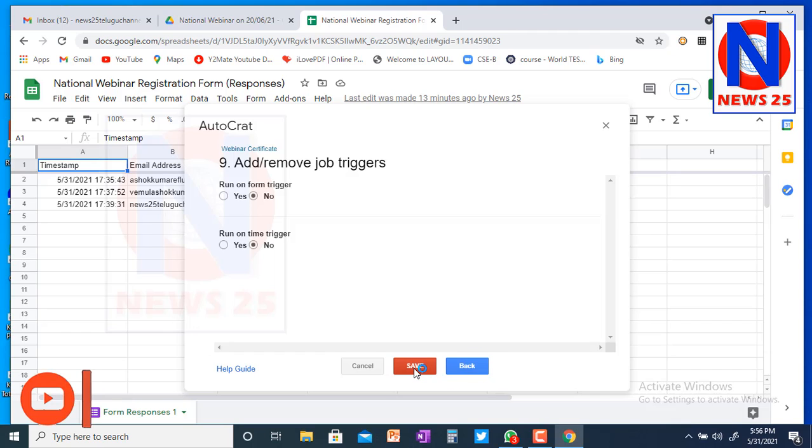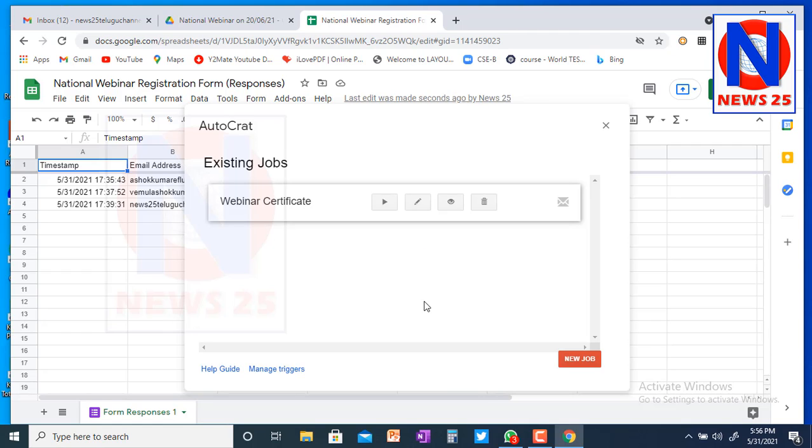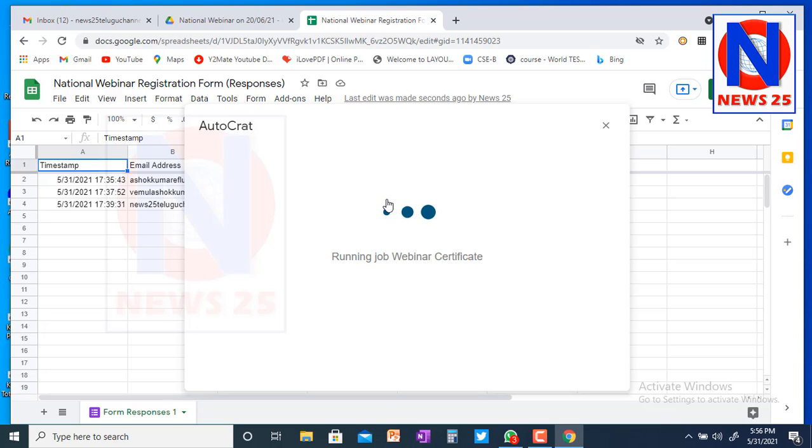Next, so what we have to do here, just click on save. All right, so now the job is ready. So now what we have to do, let us run the job. Let us see. Merging sequences.